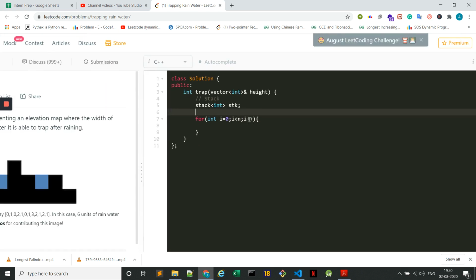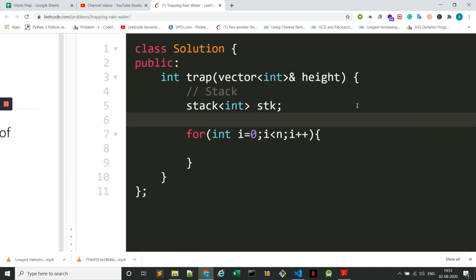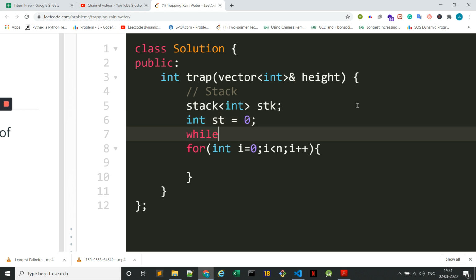So basically, initially we need to get rid of the initial zeros, right? You can see that the first entry in the picture is a 0. All the initial zeros are of no use to us, right? So let us say we have the starting index as 0. Let us name it as h instead of heights.